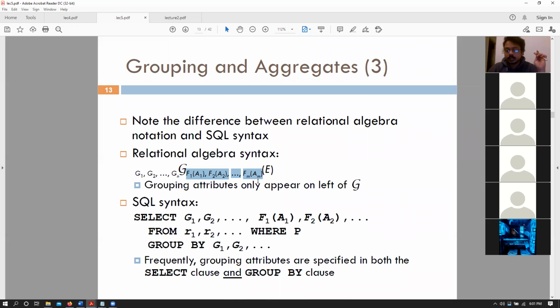In SQL, however, you need to specify in the select statement what are the attributes that you want in the final result. So that also means that if I'm grouping by G1 and G2, I have to specify G1 and G2 again in my select query. So we need to say select G1, G2, and all the aggregate functions from R1, R2, where some predicate P group by G1, G2, and so on, right? So we need to specify G1, G2, and all those grouping by attributes again in our select clause. However, note that this is not necessary. Writing the group by attributes in two locations is not necessary, and even in relational algebra, we did not have to. But in this scenario, we might not want those attributes in the results. Rarely have I seen that we did not have to write